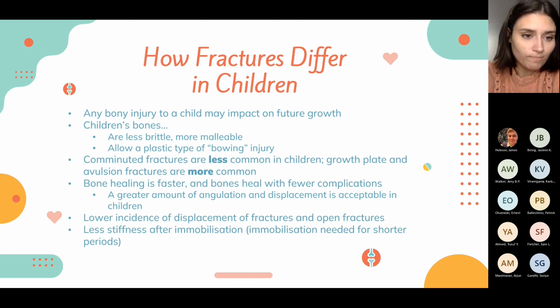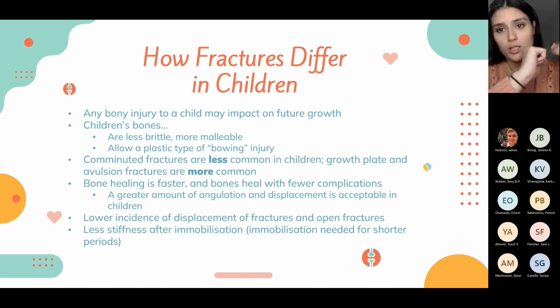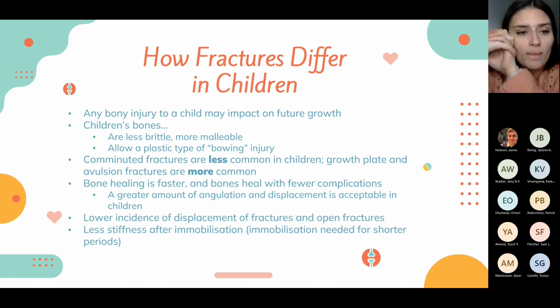So a few things about children's bones: they're less brittle and more malleable. So you'll get a lot of incomplete fractures in children, sort of your greenstick injuries and things like that. Or often you'll get a bowing injury. So the bone will be bowed into a sort of bent shape, but it won't necessarily have completely fractured. You might not see a fracture line as such. Comminuted fractures, so they are like complete fractures, are less common in children, and that is